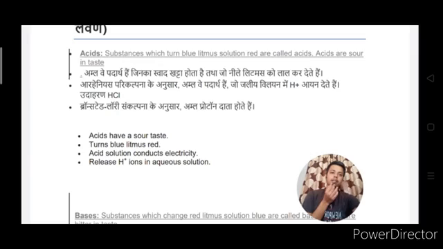Acid solutions basically conduct electricity. That is also an important point. Next,